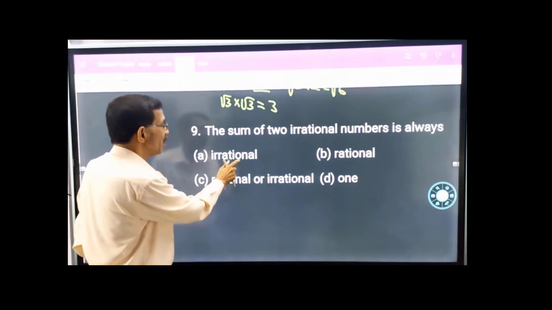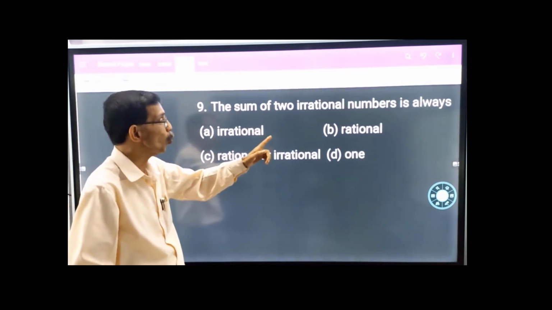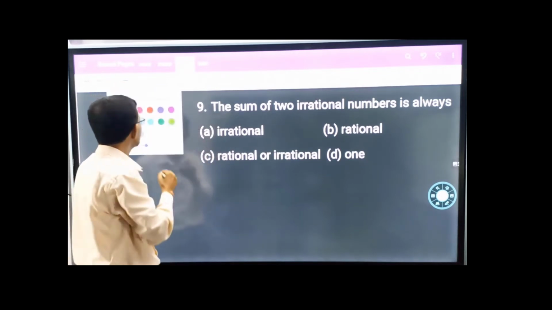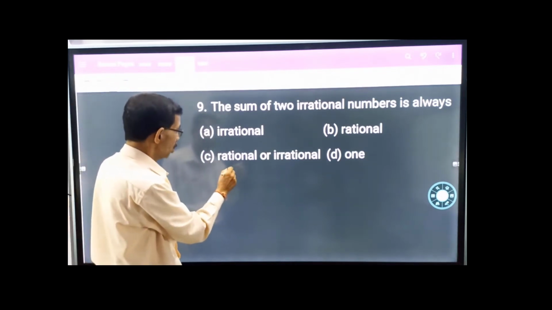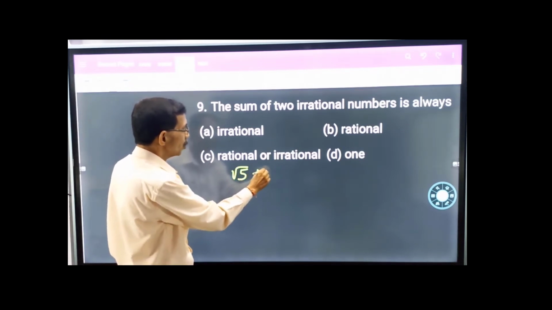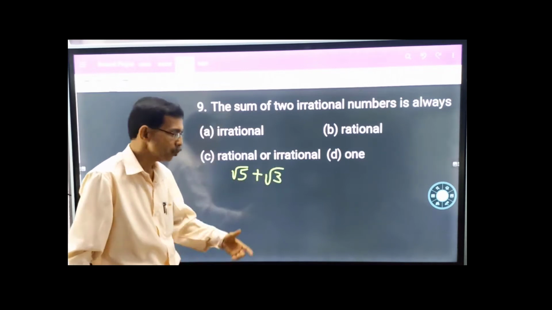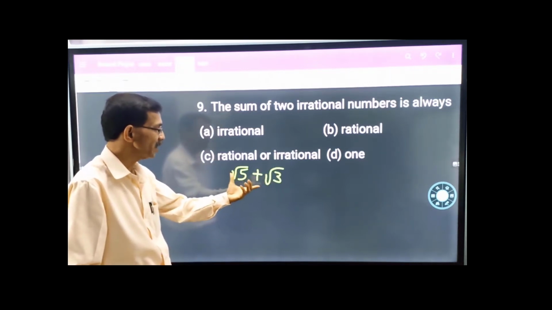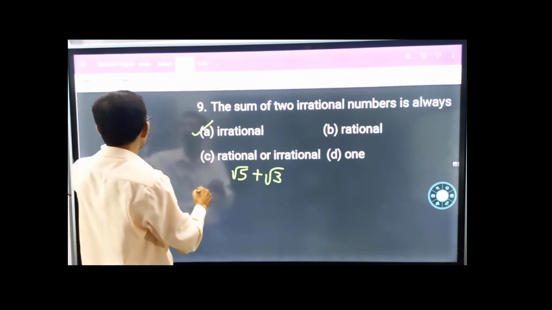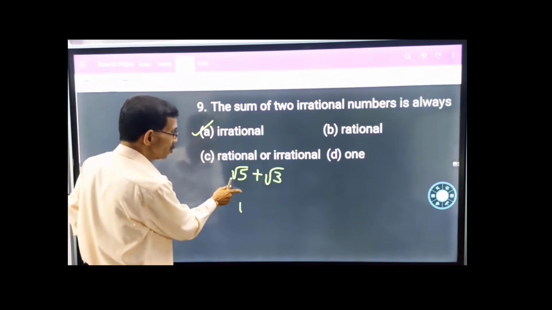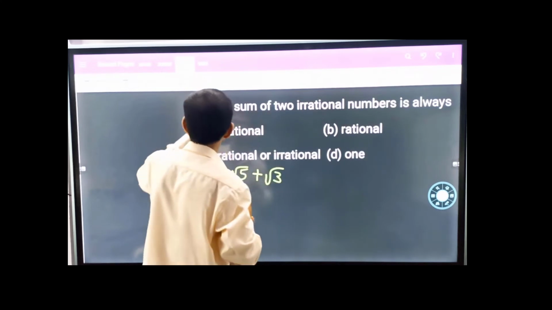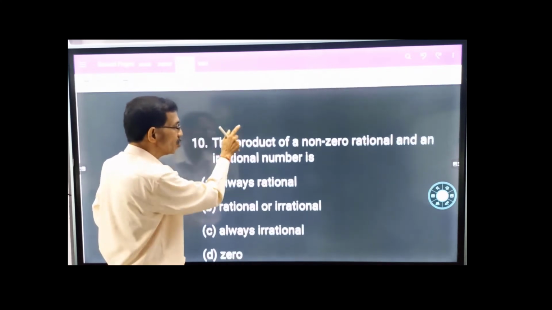The next question is here. The sum of two irrational numbers is always, again same answer here. So root of 5, let us take, plus root of 3. Here both these are irrational numbers, and their sum will also become an irrational number. So A is the correct option. Next question is like this. In the next question,